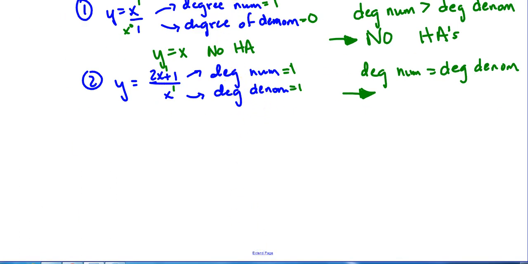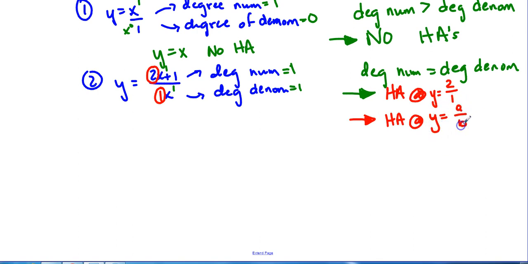So when this happens, you get a scenario where you have to look at the coefficients. So there is a horizontal asymptote at... And you're looking at the coefficients of each one of these, the coefficients of the highest degree terms. The term with the highest degree here is 2x. So I've got 2, and this is y equals 2 over, and technically this is a 1 for this particular function. So just to generalize that, you have a horizontal asymptote at y equals